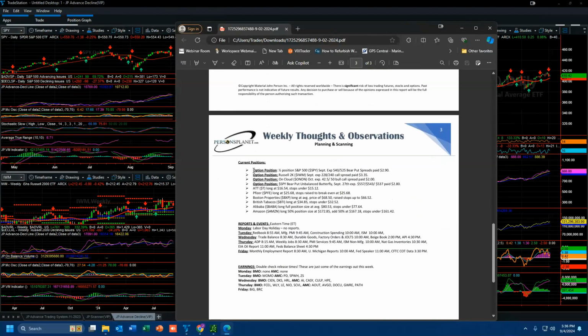Here's our current position, and what I am doing is on August 5th, we got out of half that position. That's why it says it's only a half position. So we got in that trade, we got out of half the position. I'm not going through everything with you guys, but I'm just trying to be transparent and share with you what I'm seeing for at least our portfolios, as well as how I'm looking to trade this market. As you can tell, when the market rallied again, we put on some bear put butterfly strategies, and those are coming in nicely. My 2 cents is that we can fill this gap, and if we do get a